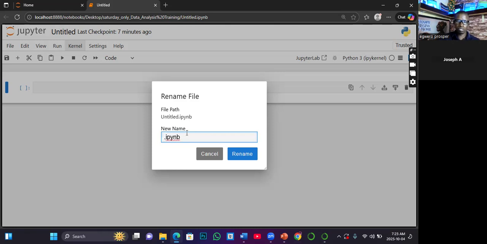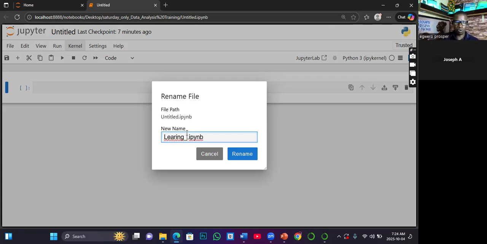For example, I would say pure Python, or let's say learning. Whenever you are using two words in Python in particular, please always make sure that you separate the two words with an underscore or you mesh them. Python does not tolerate empty space between two words. Please take note of that.